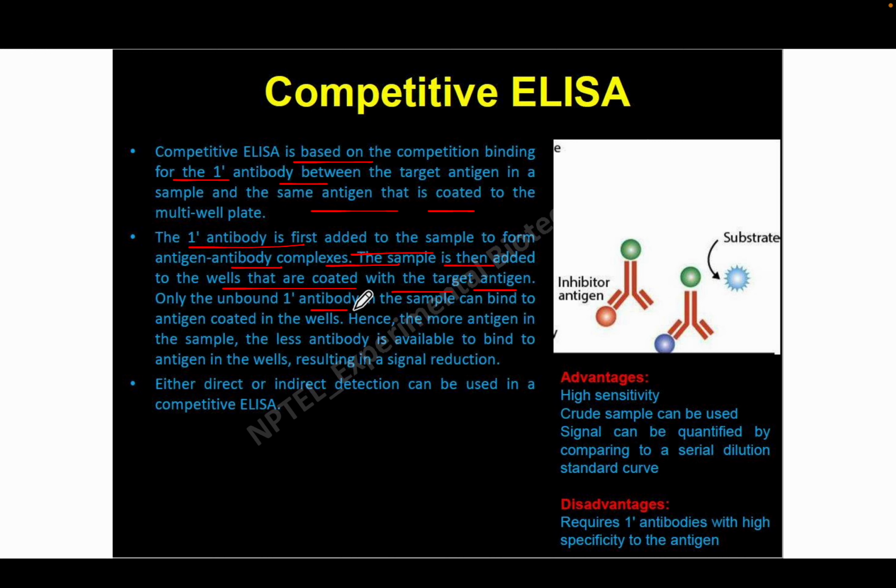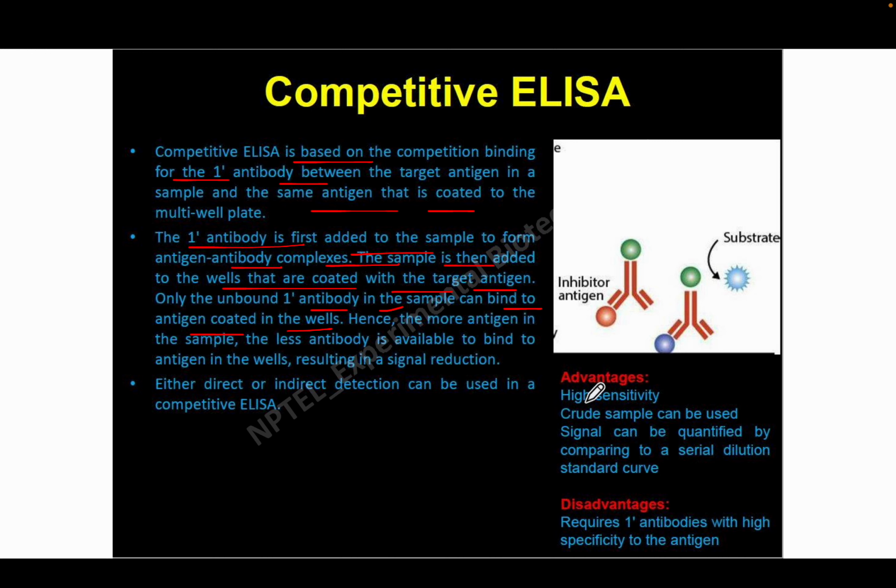Only unbound primary antibody in the sample can bind to antigen coated in the wells. Hence, the more antigen in the sample, the less antibody is available to bind to antigen in the wells. So